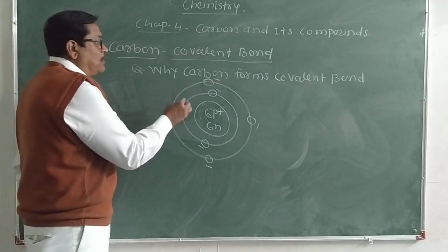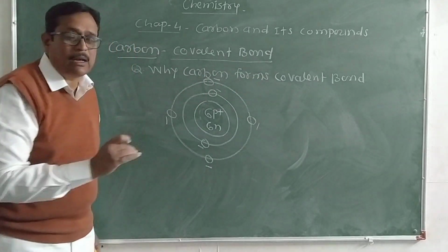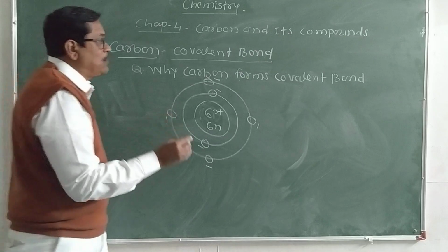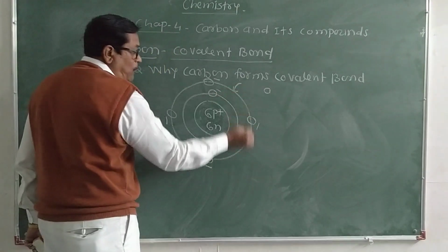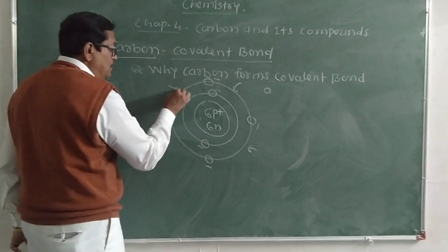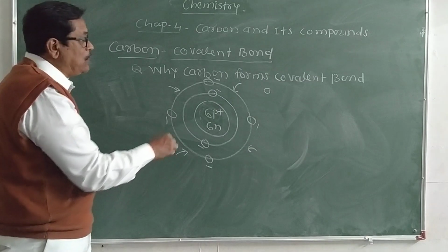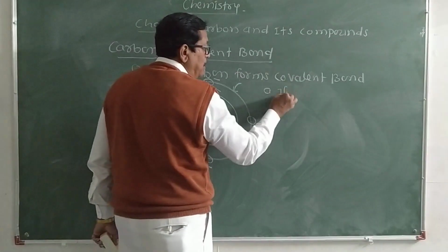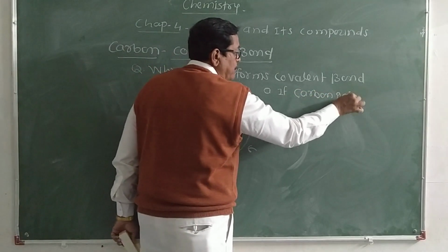Here the question is why carbon forms a covalent bond, or why carbon shares 4 electrons. Dear student, there are two possibilities. If carbon gains another 4 electrons, then the total negative charges are 10. Look here, if carbon gains another 4 electrons,